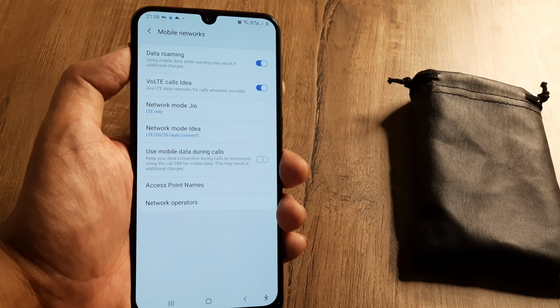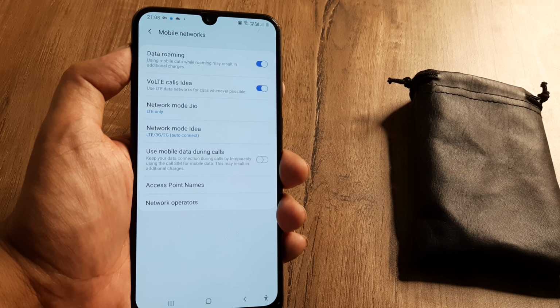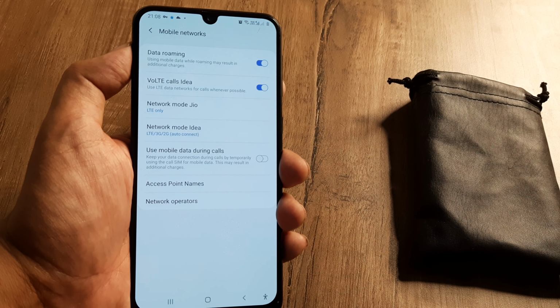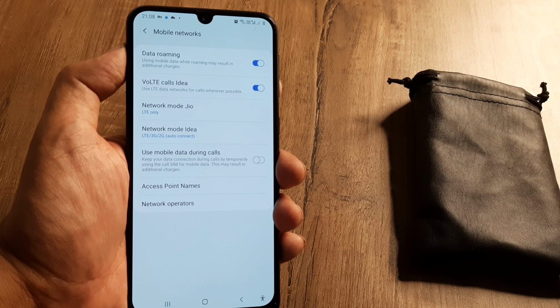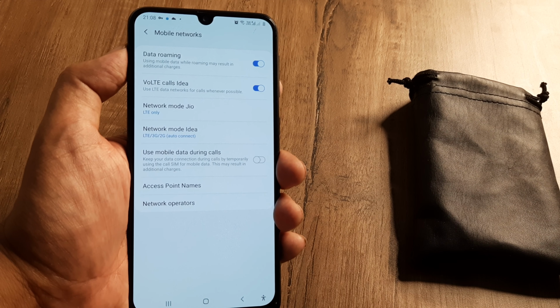What it means is the SIM is capable of migrating to a 3G network in case it doesn't find a compatible 4G network, which is actually possible with this SIM here, which is the Idea cellular network. Once the network has been configured properly, also ensure that in case you are using a SIM which is on roaming, that is you are not using the parent network.